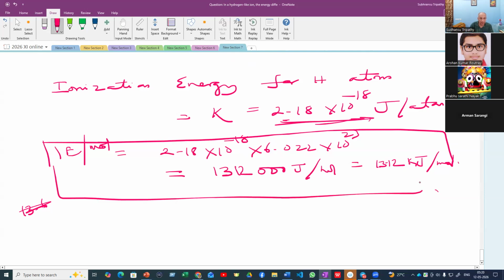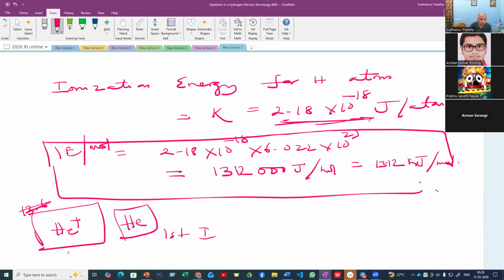Now, I have a question. Supposing we are considering He plus, where the first electron is already knocked out, then only it will agree to Bohr's theory. Helium atom has two ionization energies. First ionization energy is the energy required to remove the first electron out of the two electrons to infinite distance. This energy cannot be found out